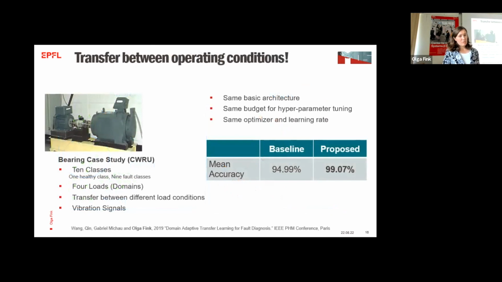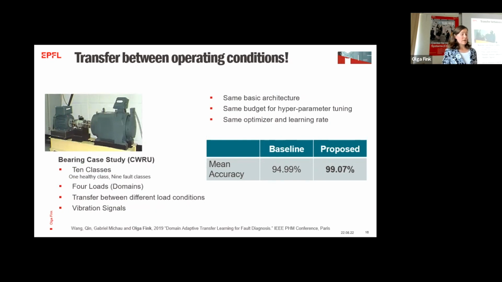So we applied this approach to a bearing benchmark data set. It was a data set collected in a test rig from the Case Western Reserve University. So it has 10 different classes, 1 healthy class and 9 fault classes with 3 different fault types. And for each of the fault types, there are 3 different severity levels. And there are 4 different loads, and we are assuming that each of the loads would be 1 domain. So what we tested it on is the transfer between the different domains in all the different directions for these